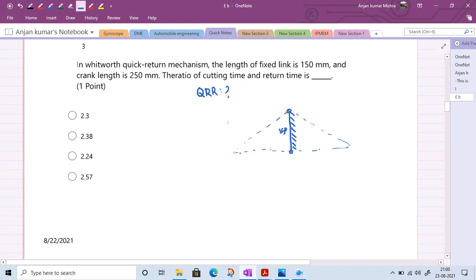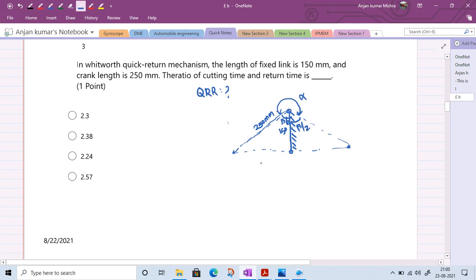So I am only concerned about this triangle. Okay, so this is the radius here, or you can say that these 2 points are the extreme points, which will determine our stroke length. So this length will be the radius here, that is equal to 250 mm, and we need to find out this beta by 2. This will be also beta by 2, and suppose this is the alpha.